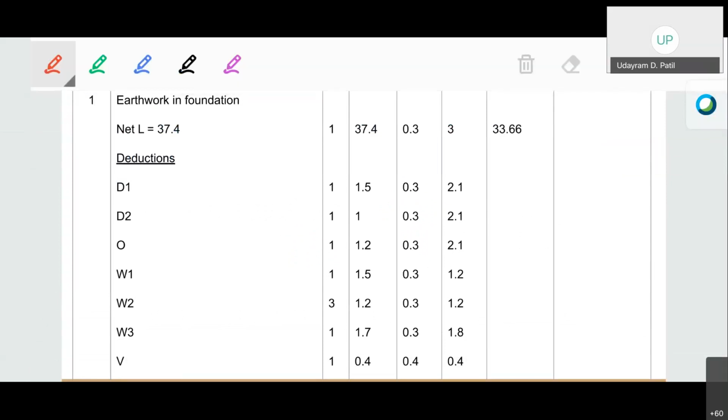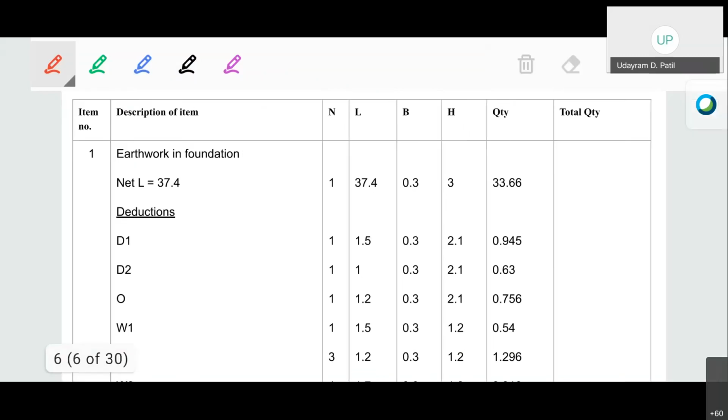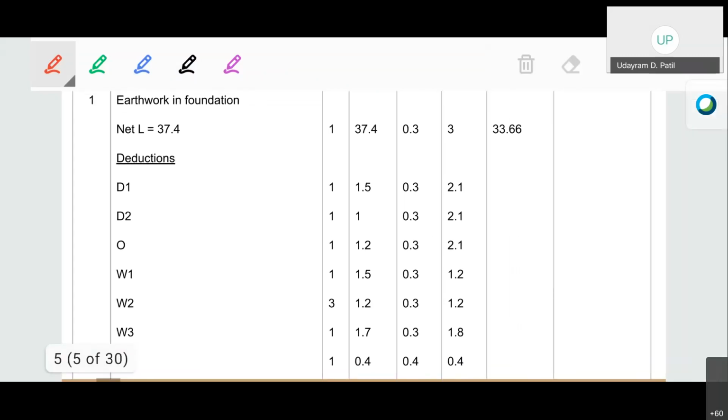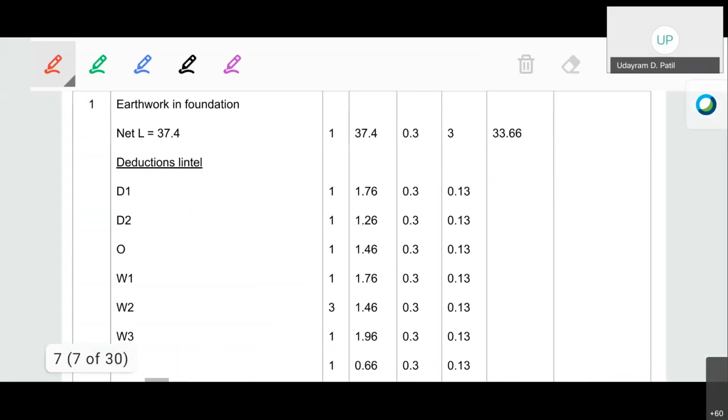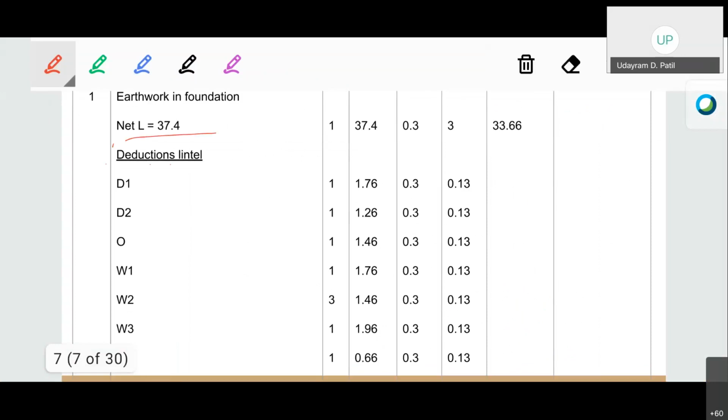Now again, deducting the lintel. Please cross verify these quantities. After we deducted the openings, the second deduction is the lintel. So again deducting the lintel, because the depth of our particular lintel was 0.13. If the depth of the particular lintel was less than 0.1, that is if it was 0.09 meter,